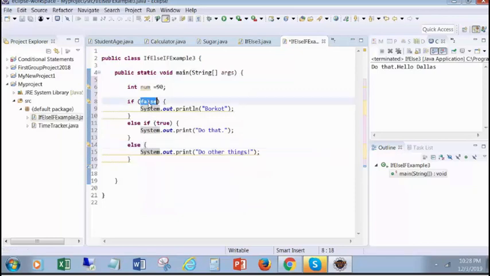So maybe we can type number. If the number is less than 5, then we can take a decision. We can take a decision depending upon the situation. Else